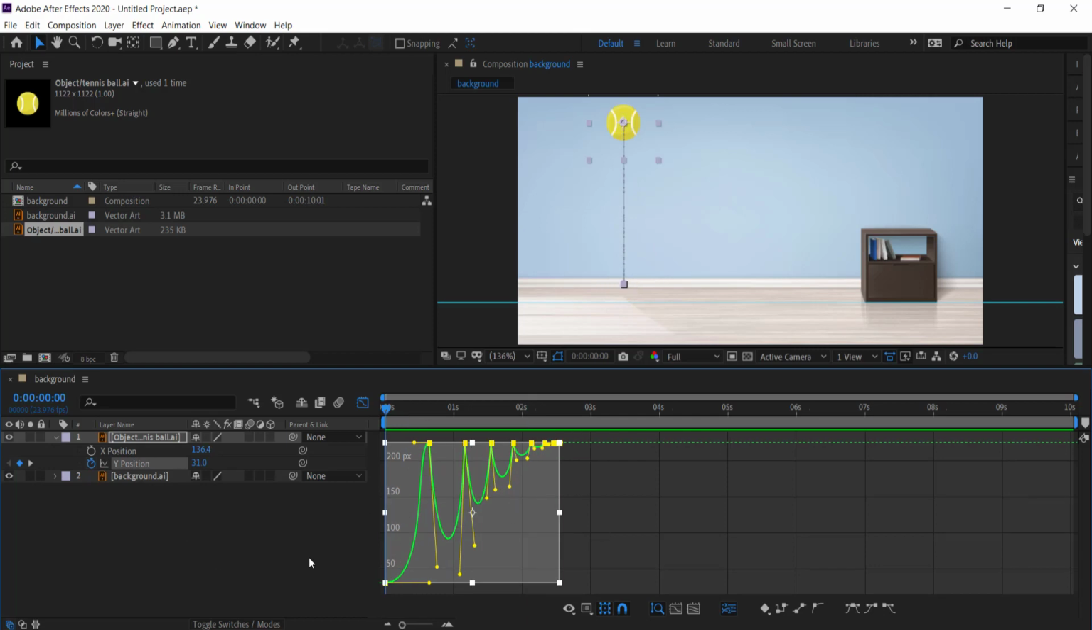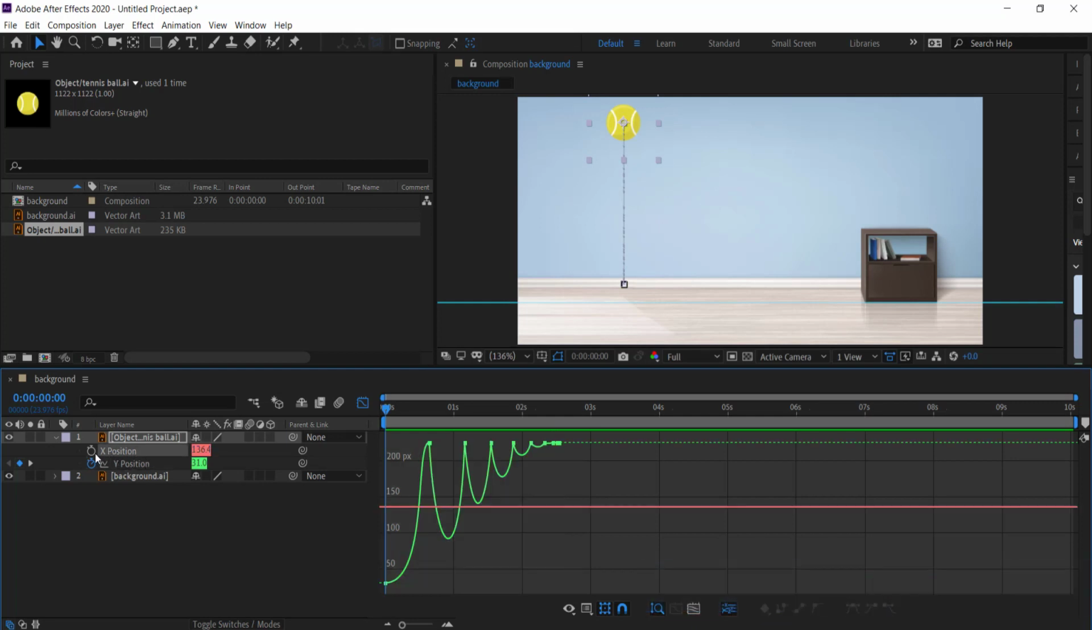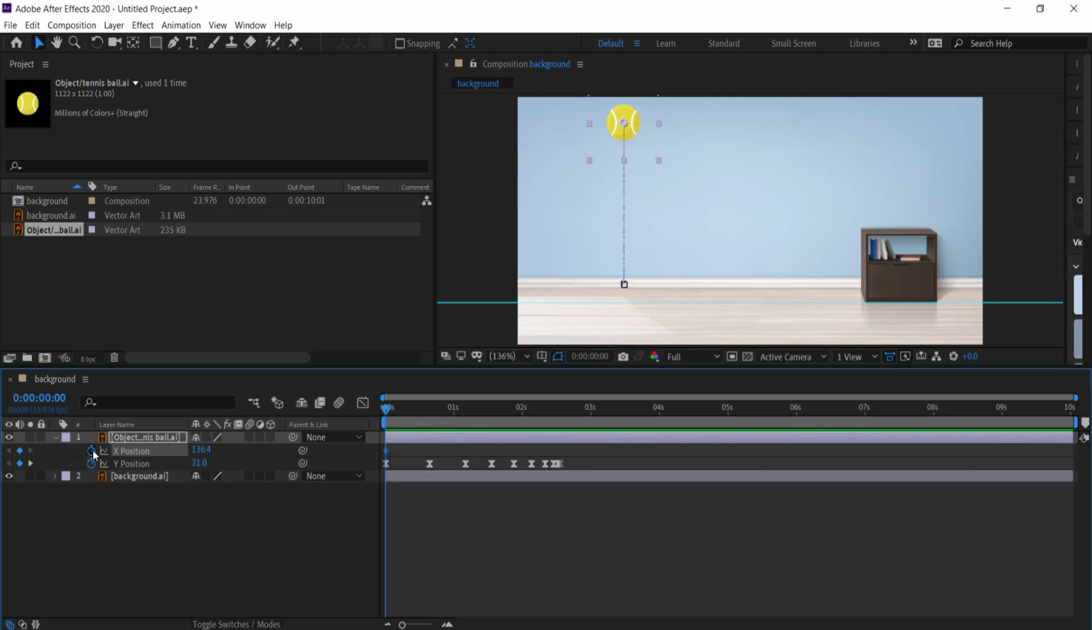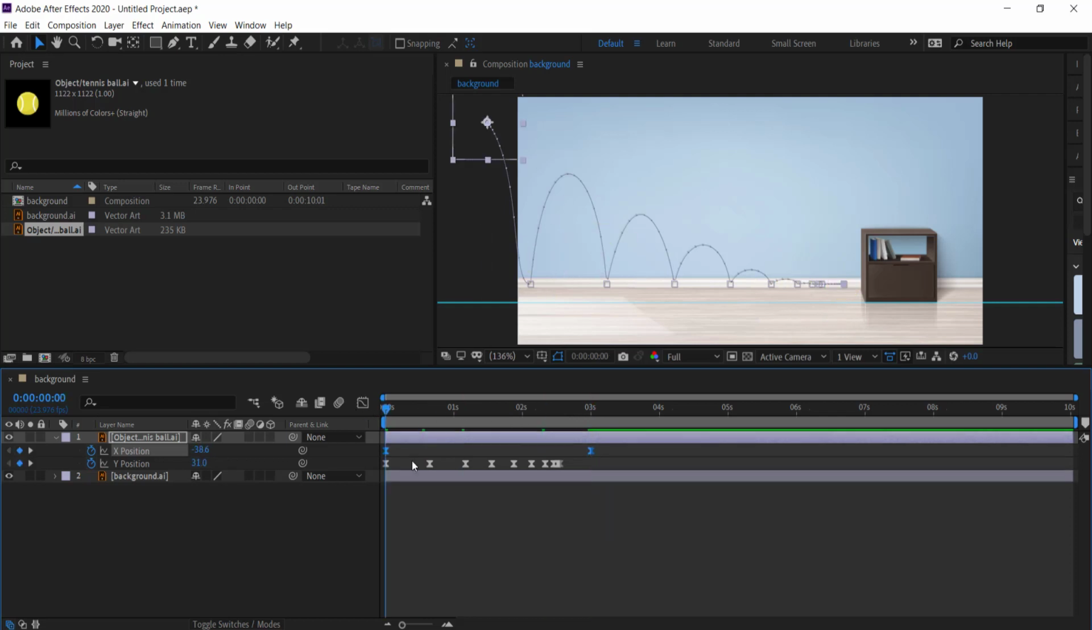So that's the y-axis. The next thing that we're going to do is make this ball come in from the left to the right. So what we need to do is animate the X position. So I'm going to start at keyframe 1. I'm just going to get off the graph editor, move that off the screen, and then move forward in time to probably around about 3 seconds, and move it until it sort of hits that bookcase at the end. And then I'm just going to make these easy ease keyframes. Okay, so now when I play that back,